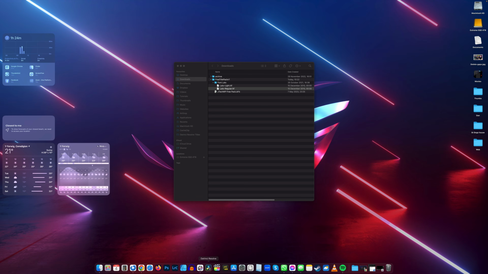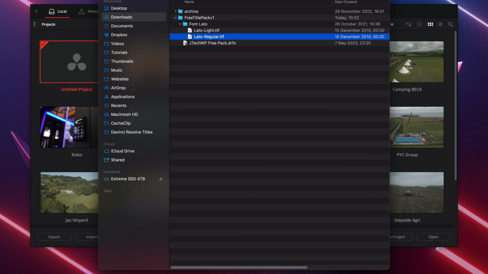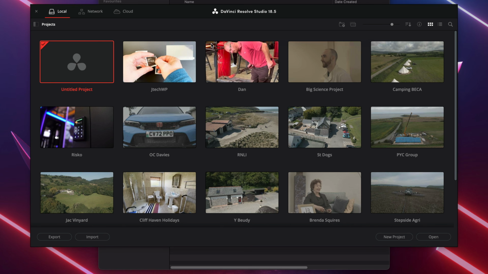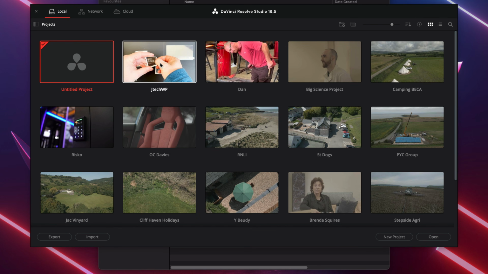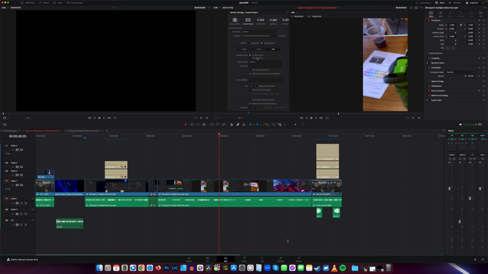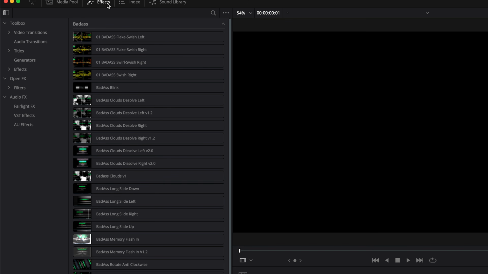Next you need to load DaVinci Resolve. Now you should be able to double click the drfx file and then just press install. And when you open a project in DaVinci Resolve, you want to go up to the effects and then you